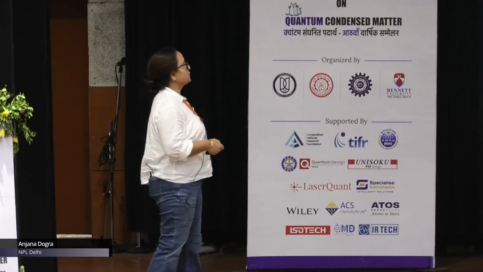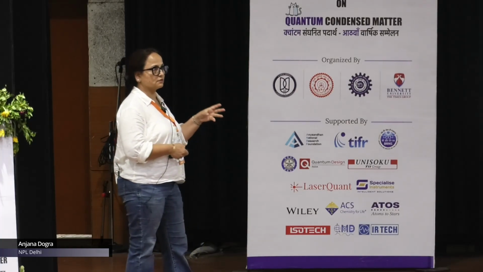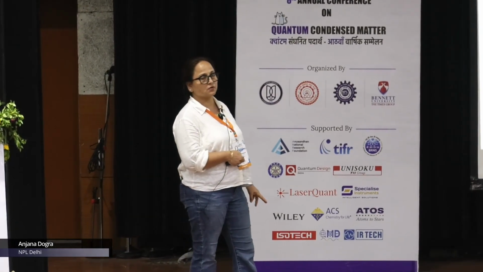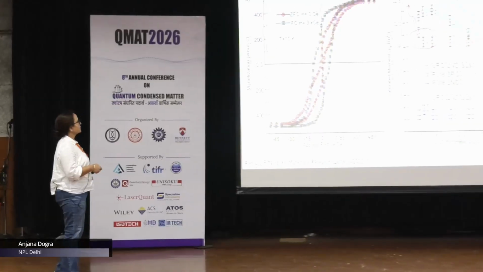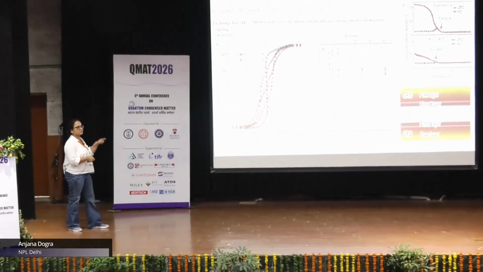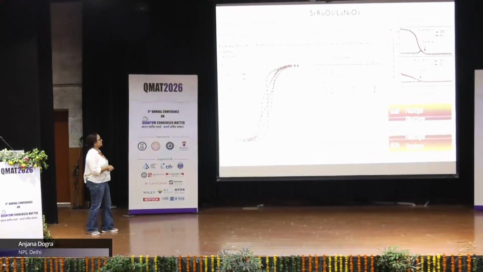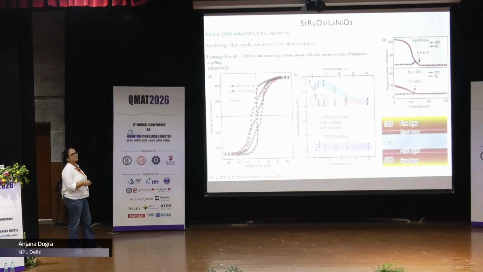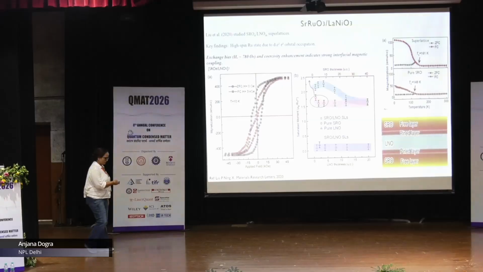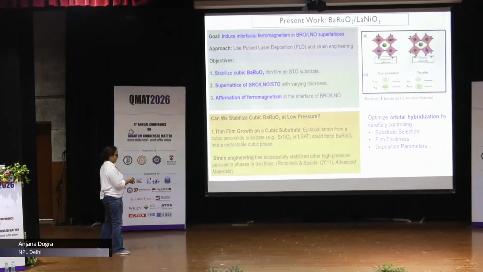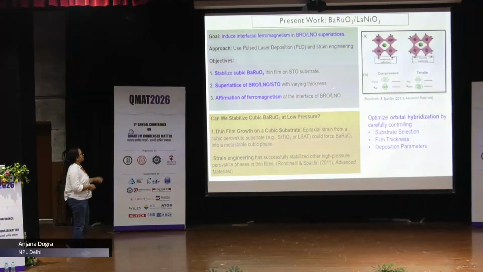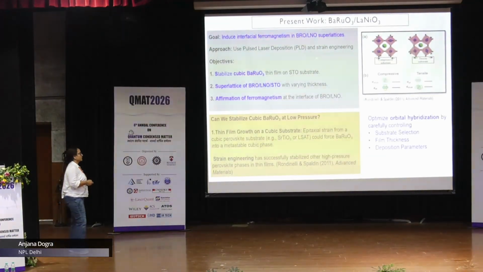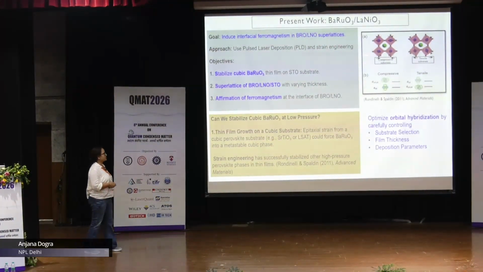So, the second feature which people have observed in similar structures is the super exchange mechanism. And you can also say the step in the hysteresis, and they have correlated these steps to the different coercive fields of ruthenium and nickel. So, coming to our work, we are aiming to induce interfacial ferromagnetism in these kinds of superlattices,